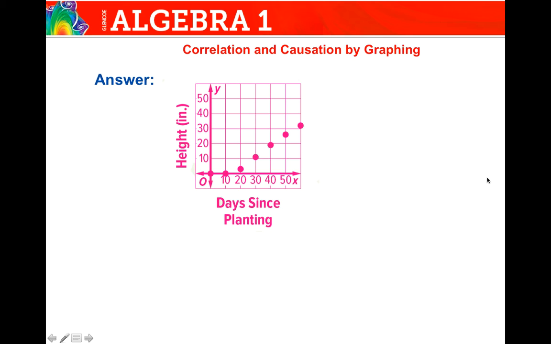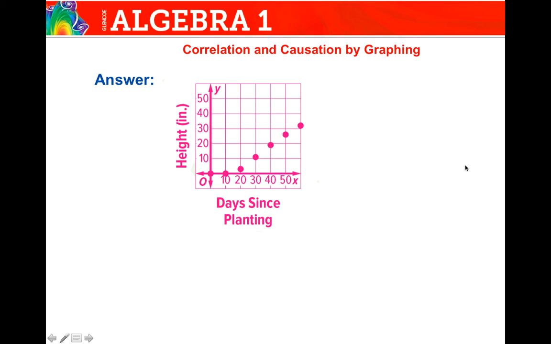So we want to know, does this show any sort of correlation? Well, as we can see, for the first 10 days, there's no growth. But then once we hit day 20 and 30, 40, 50, 60, and so on, we are seeing growth. So do these show a pattern? Yes, they do. If you drew a line through the center of these points, would your slope be positive or negative? Well, they would be positive as we see them going up. So this would show correlation. It would show a positive correlation,